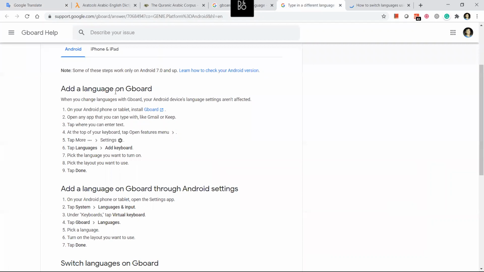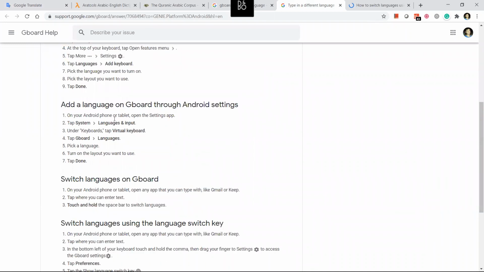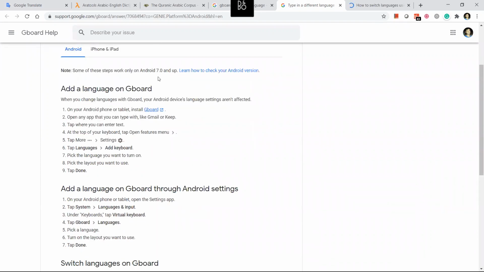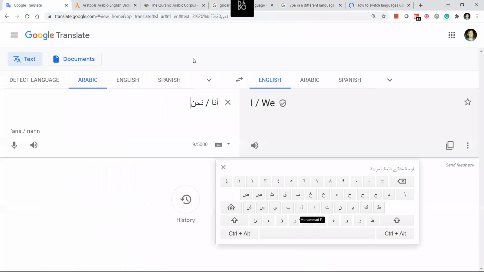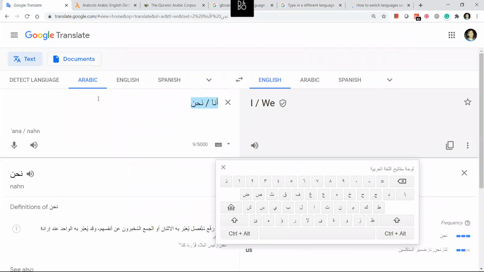And what I suggest is, you have Gboard, which mostly you will use on your phone. So go to Gboard. These are instructions. So download the Arabic language. Okay, I'll send you this link, and you can either do it yourself or give it to someone who is good with phones, who is good with settings, etc., so that they download an Arabic keyboard for you. What it will help you do is type something in Arabic and get it translated to English. Okay, that is what the Arabic keyboard is going to help you to do.